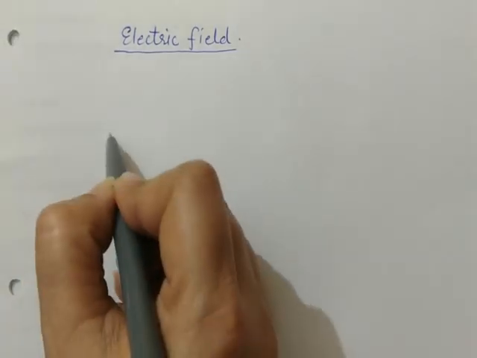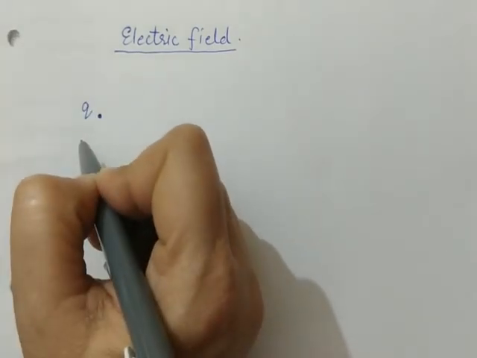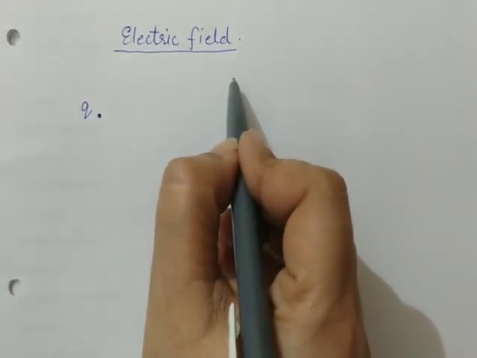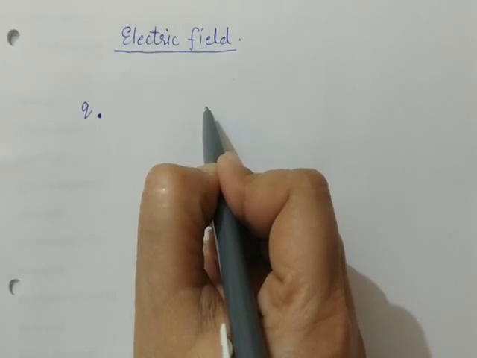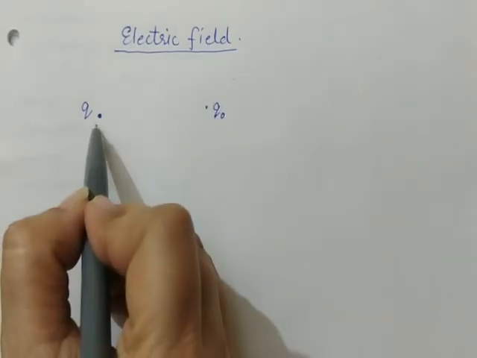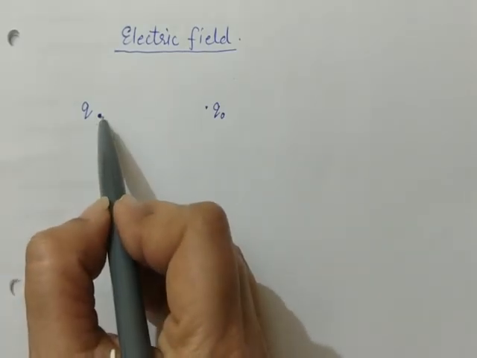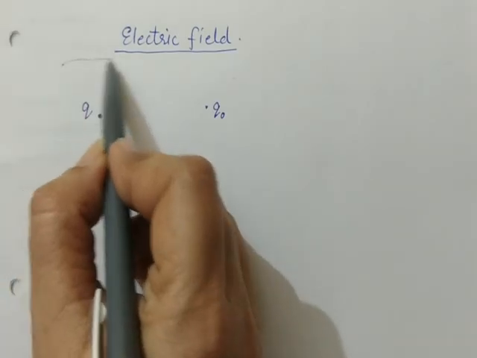Let's take a charge Q at one place. If another charge Q naught is placed near it, this Q naught will experience a force due to charge Q. Now, around this Q there is always a boundary